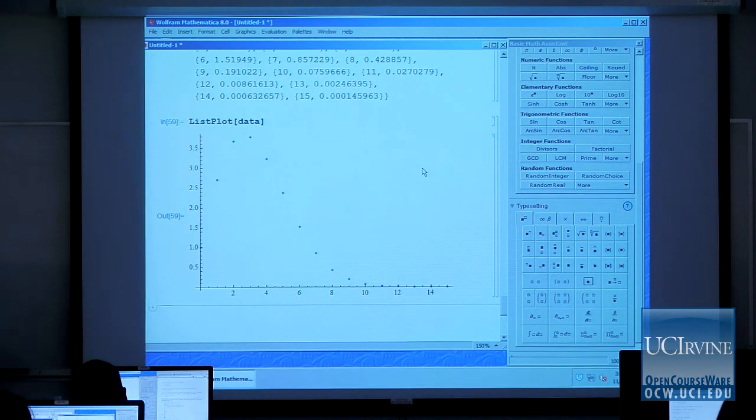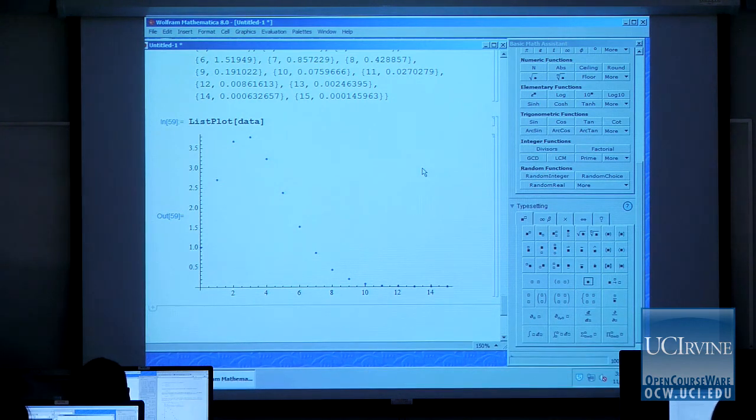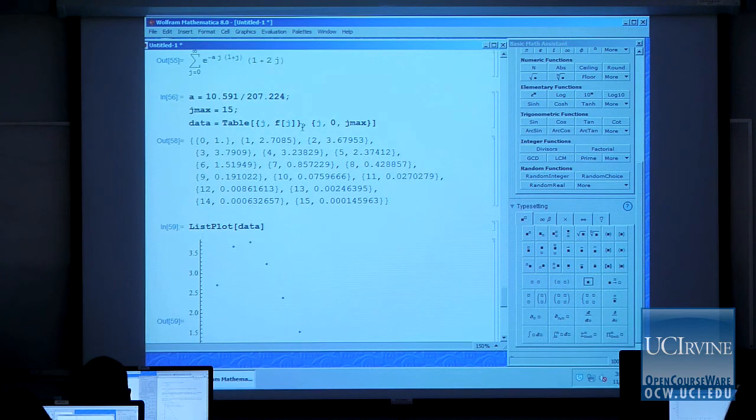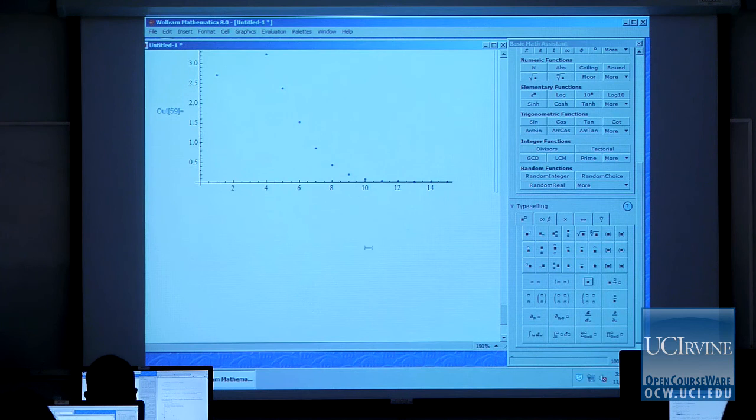So we might safely conclude then that if we include only 15 terms in this particular sum, we may get a well-converged result. So let's check that. So now what we'll do is we'll actually create another table where instead of looking at the individual terms, we'll look at the value of the sum itself as a function of the number of terms that we include. Okay? So for that, what I need to do is I'm going to do sum of f, and now I'm going to put in a dummy variable k, and then k